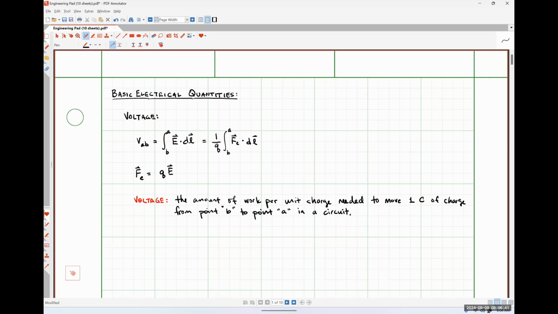So I like this particular definition because it's very fundamental, and it also reminds us that whenever